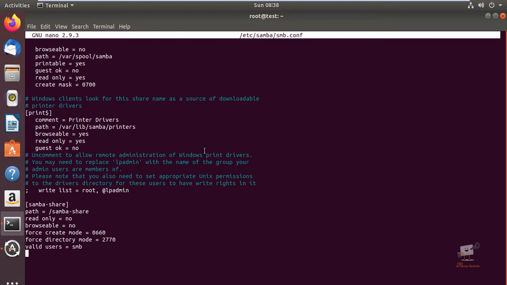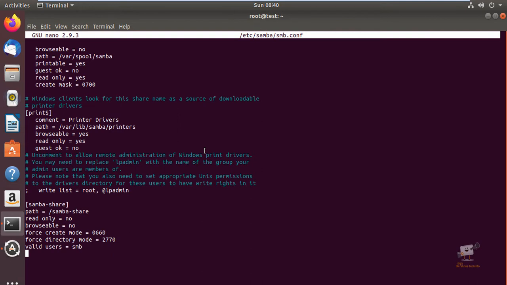Samba has an inbuilt recycle bin option, which is Samba VFS recycle. Here we can use the vfs objects equal to recycle option to restore the deleted files in the Samba server. The VFS recycle intercepts the file deletion request and moves the affected files to a temporary repository rather than deleting them immediately. This gives the same effect as the recycle bin on Windows computers. The recycle bin will not appear in the Windows Explorer. Instead, a directory called .recycle will be automatically created.